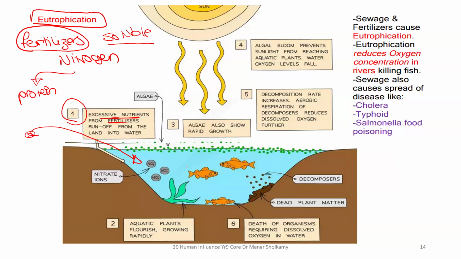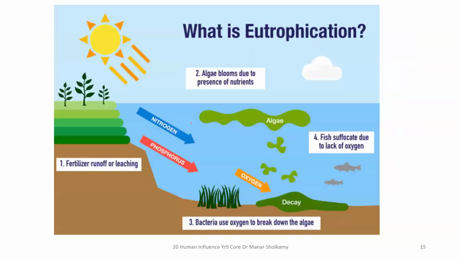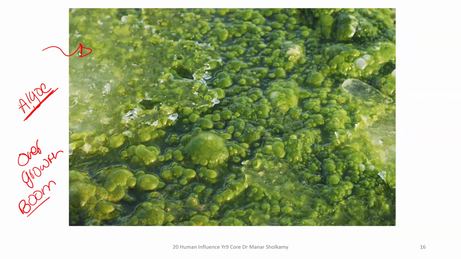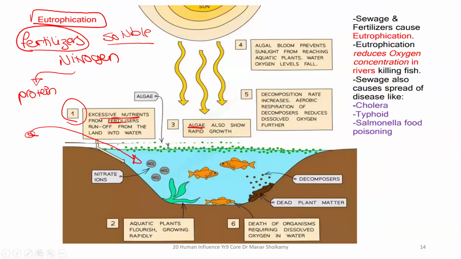Nitrogen in fertilizers will lead to the overgrowth of algae. This microscopic, slimy green plant is naturally found in rivers. But because of the too much fertilizer that has been leached out into the river, this will result in the overgrowth of the algae. It's called the algae bloom. We will have too much of this green slimy algae. It is going to grow too much and block the surface of the river and block the sun. No sun will reach the river.